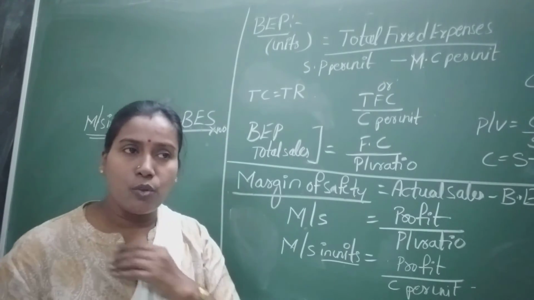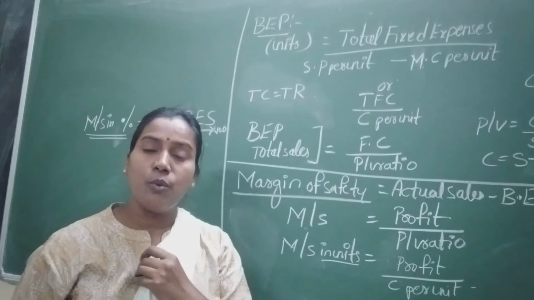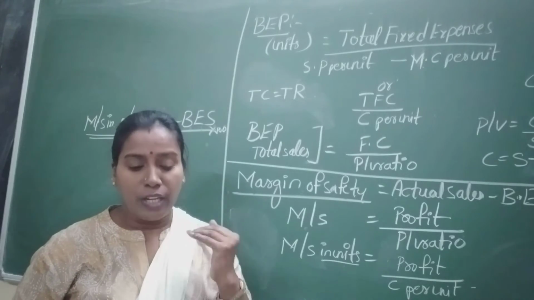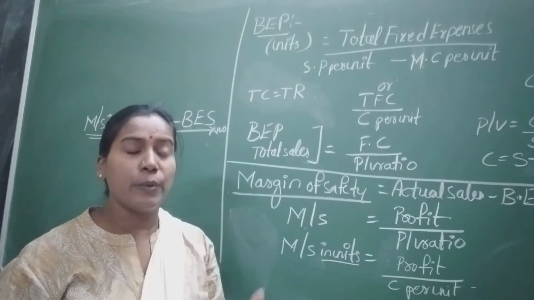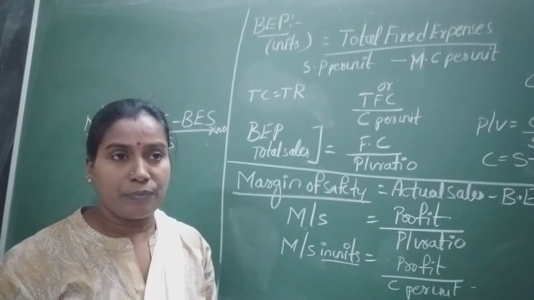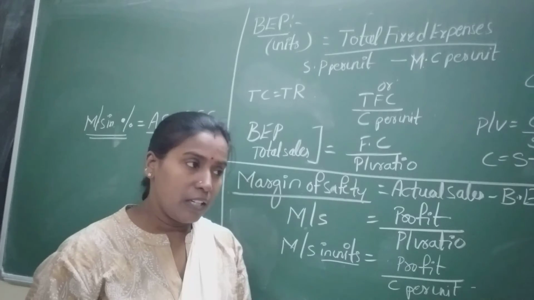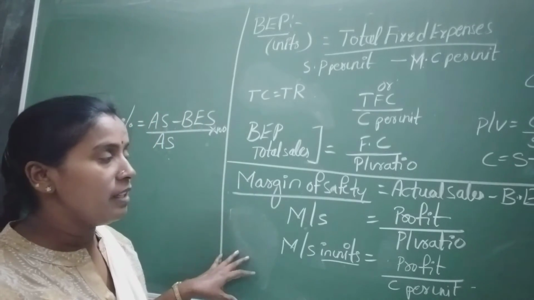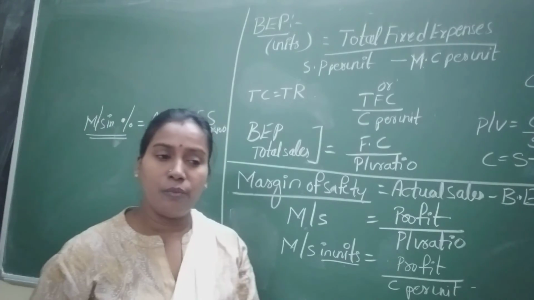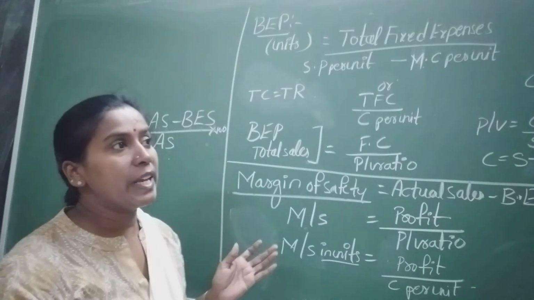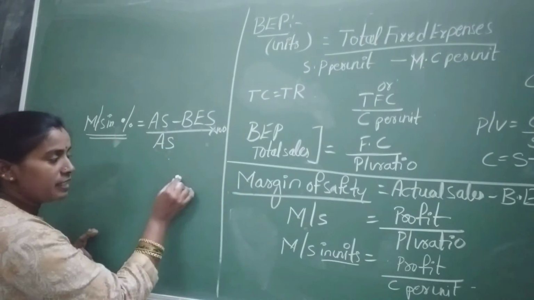So I request all students to learn the formulas first. When you are perfect with the formulas, only then can you apply them in the problem. Without knowing the formulas, we can't blindly do the problems. So many formulas are there and they are very important. In this unit you can expect 16 marks. Why am I taking 16 marks?